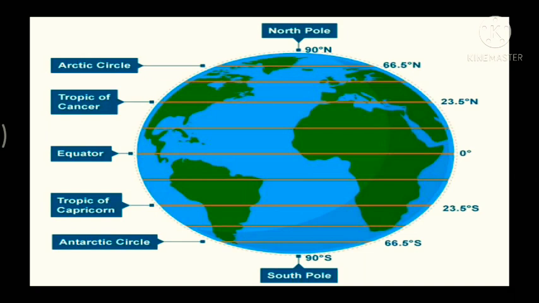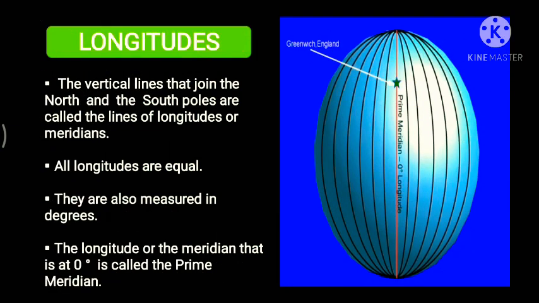Okay, next if we see the longitudes. Now what are these longitudes? The vertical lines that join the north and the south poles are called the lines of longitudes, or meridians you can call it. All longitudes are equal. They are also measured in degrees. The longitude or the meridian that is at 0 degree is called the Prime Meridian,